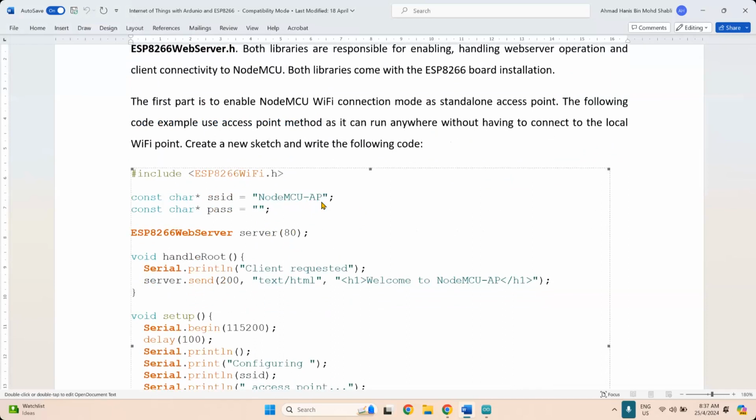And then you can set a password. If you leave it empty, the password will be empty. Then we create what we call a server object through the use of the ESP8266 web server class, and your server object runs on port 80. Usually port 80 is for a web server, for web documents. So we run this at port 80.